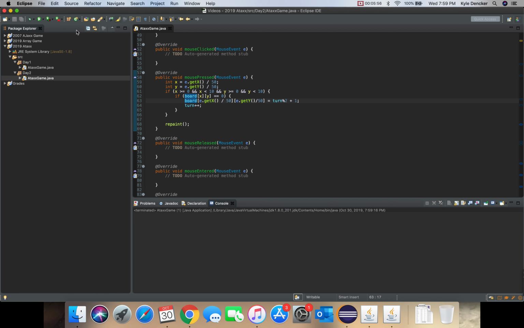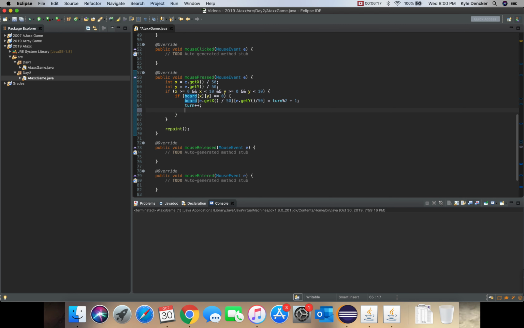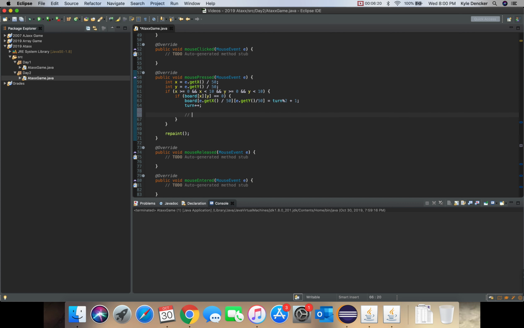Now, there are 8 different possible ways. That is a lot of if statements to check to make sure I don't go out of bounds, to see if it's not equal to 0. And I could write all those. That could take a while and work. So what I want to do is place my piece there, and then I take the turn over, and then I flip